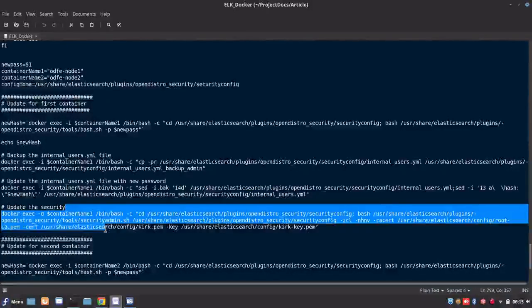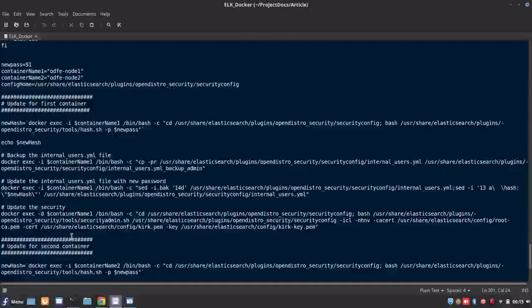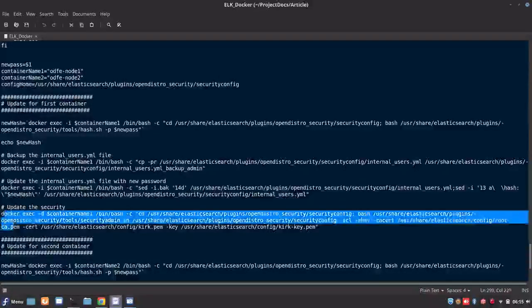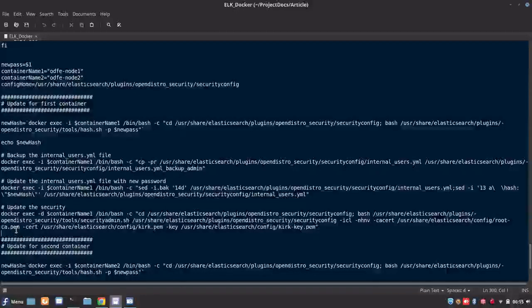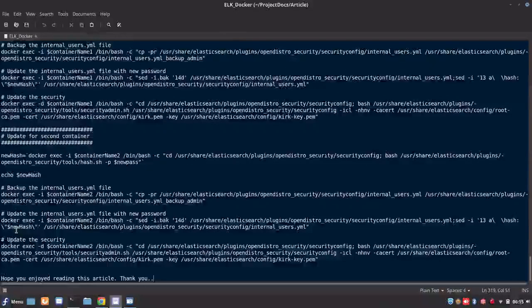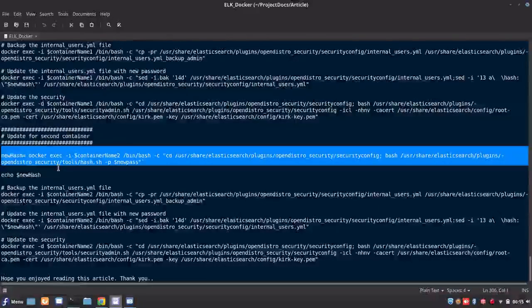Once that is updated, we update the security configuration with the docker exec command. And the same steps are carried out for the second cluster.